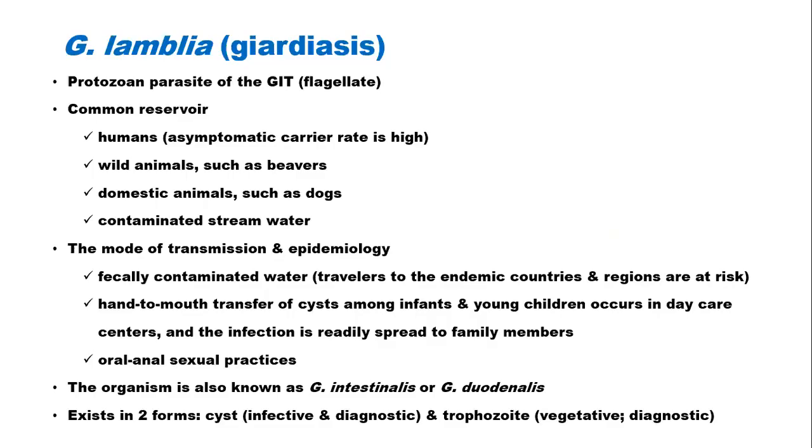We start off with the protozoan parasite Giardia lamblia, which causes giardiasis. It is a protozoan parasite and it has a predilection for the gastrointestinal tract. It is a flagellate, so that means it moves with the aid of flagella. The common reservoir of this agent include humans, particularly asymptomatic patients who are shedding the infectious